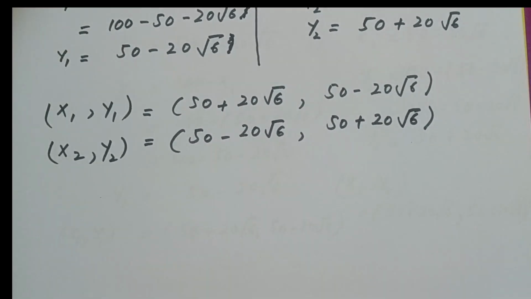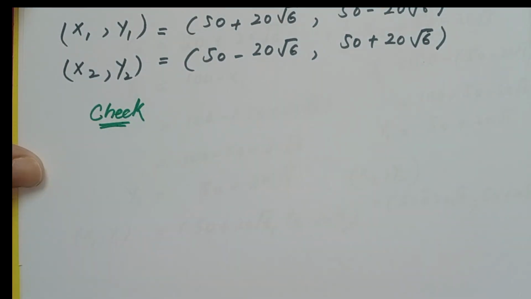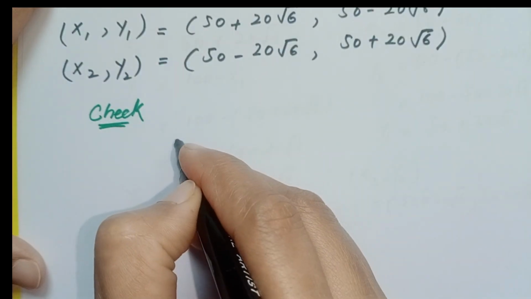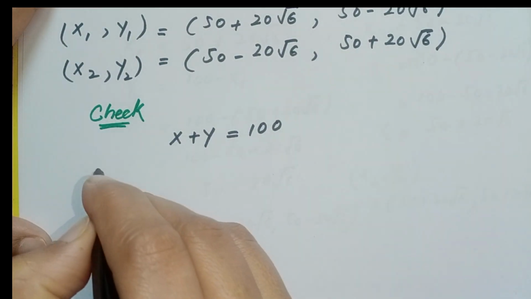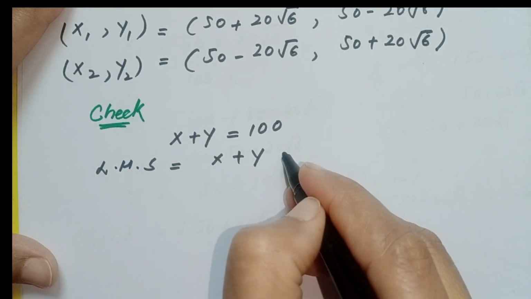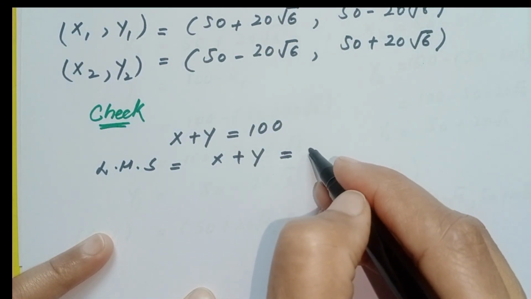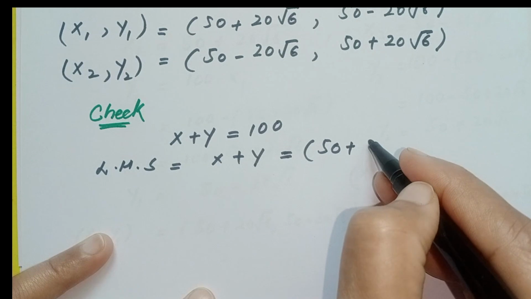Now we will take our equation to check this solution set. So now in the next step, check. Now in this step, we will write the equation x plus y is equal to 100. So we will take the left hand side of this equation. Left hand side is equal to x plus y is equal to. So we will plug in the value of x and y. Value of x is 50 plus 20 times square root 6